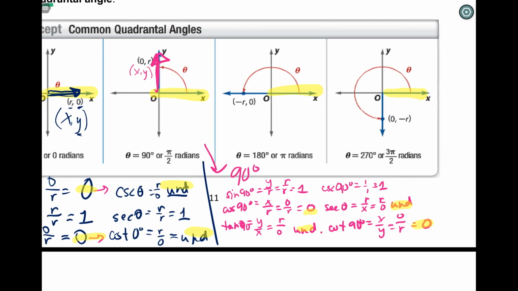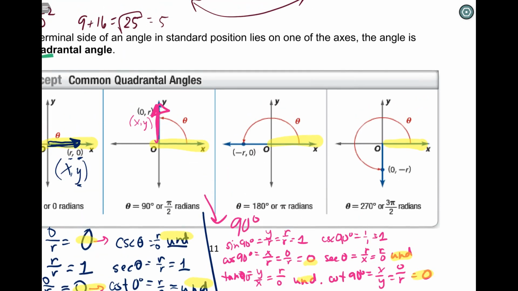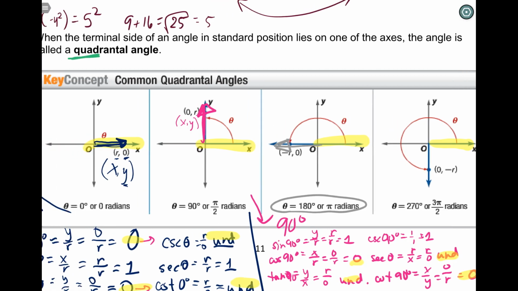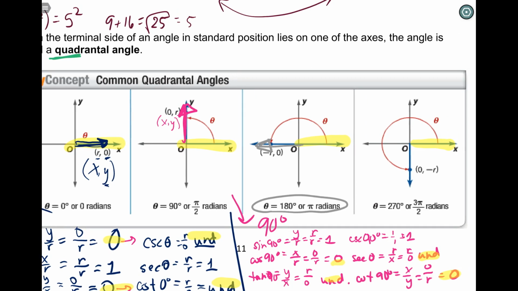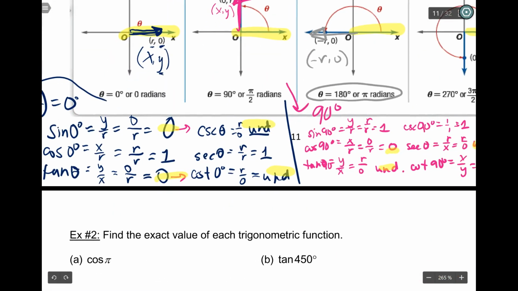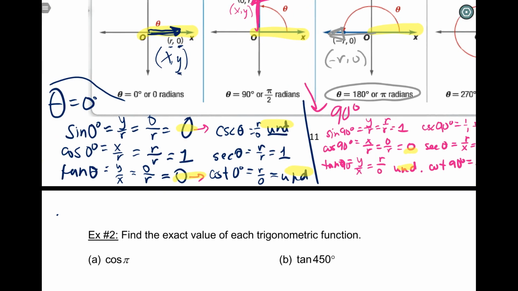Awesome. All right, so the next one, these last two are very similar to the first two I talked about. The difference is when you have a degree of 180, your terminal side is still on the x-axis. It's just on the completely different side. So instead of having positive r comma 0, you have negative r comma 0. So everything is going to be the exact same, except instead of having,